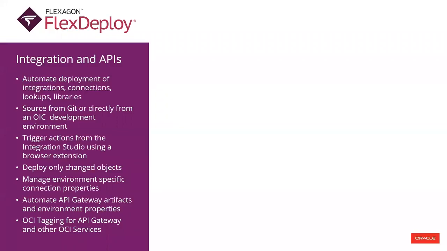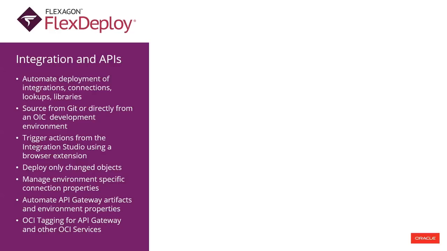We can manage the environment-specific connection properties, and I'll show that in the demo. So you have a master definition of your properties, and then by environment, FlexDeploy can replace things like the URLs and the credentials. As well as I'll show the tagging capability of the FlexDeploy for OIC